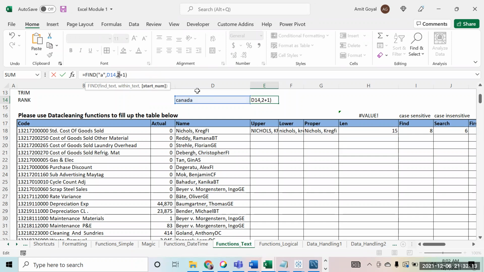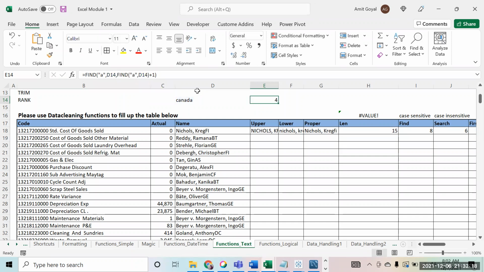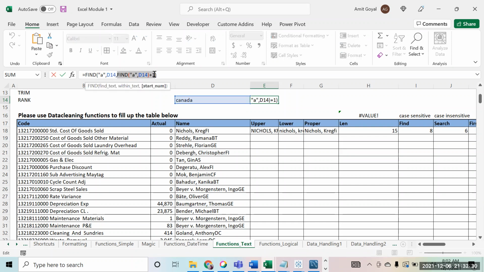So if I press F9 over here, it gives me 2. And then please press escape, right? So this find formula is again finding the position of A, that is coming at 2, and I'm adding plus 1 to it, that makes it 3. So now I am saying that first of all, this will be evaluated. So I'm saying I want to find the position of A starting from the third position, right? So it will skip the first A, that is where it will start from the third position. So that is how I will get the second A in that case. Okay. Thank you.